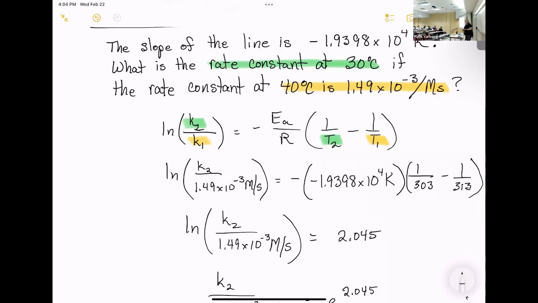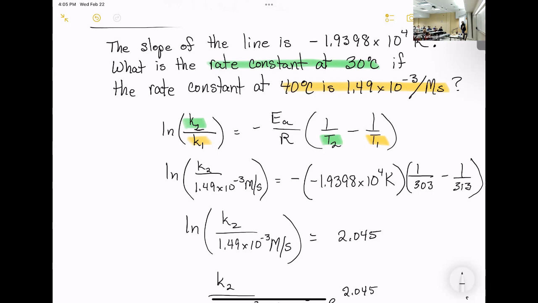I get 2.0 on both sides still. So we highlighted these because I started, and folks, you can bring highlights. But I highlighted these so that I kept things together. So you had the rate constant at 30, well, that was the one I wanted to figure out, because K2 I made as the rate constant I wanted, which meant T2 had to be at the 30, so that was